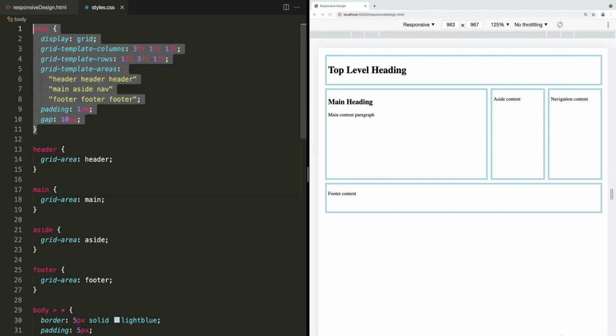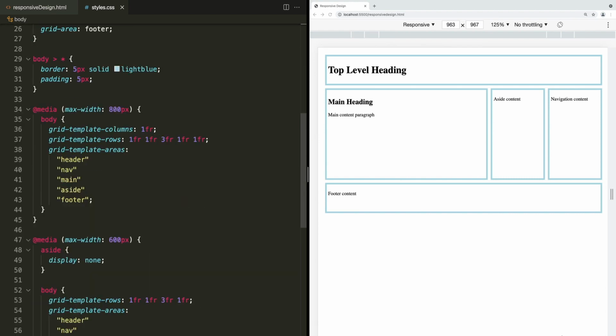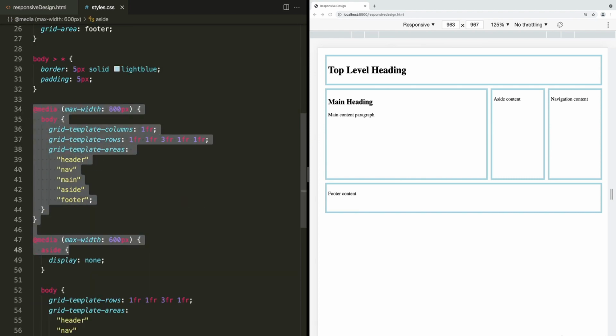And this is the opposite of what we have done here. In our styles.css, in the body tag, we set up the grid for a larger screen, and then we used the media queries at the bottom to affect smaller screens. And this is fine. There's nothing wrong with doing it this way, but the idea of mobile first design is